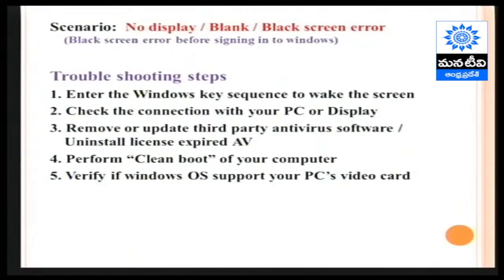Earlier I provided that. And the third troubleshooting step: remove or update third party antivirus software, or else uninstall license expired antivirus. In the third troubleshooting step,